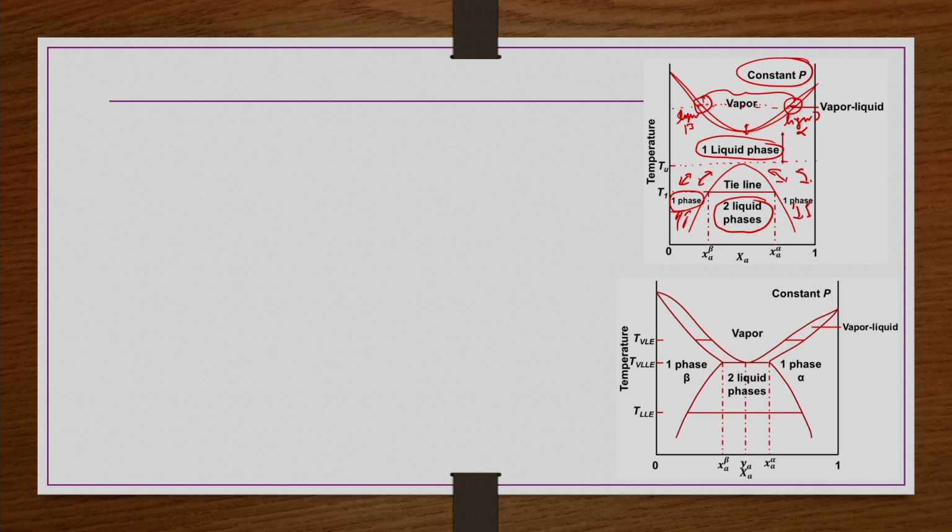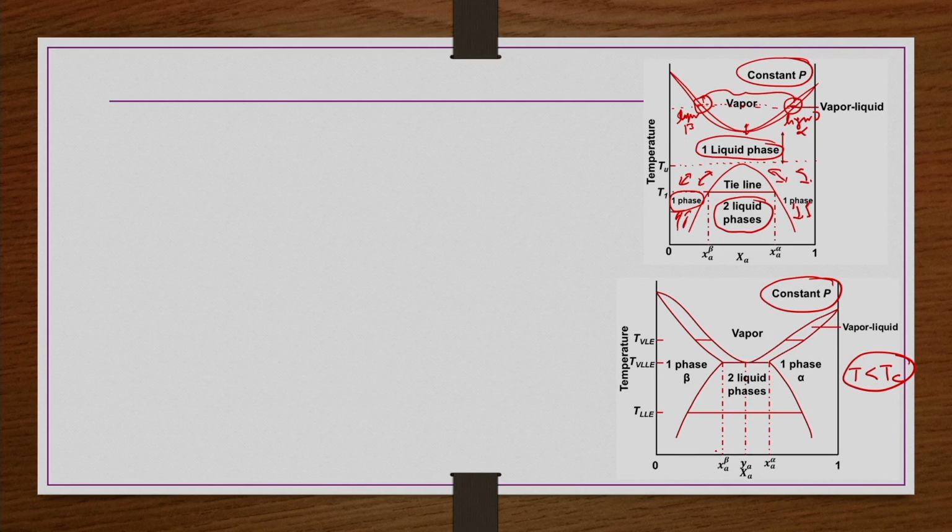Now, when we have intersection of these things at some constant pressure, let us not worry about what that is. So, then we have it like this. Again here also we can see this intersection has taken place before the temperature of the system reaches the upper consolute temperature. The pressure is low enough that some of the more volatile component is vaporized, and then VLE of the system is also taking place, in addition to LLE.